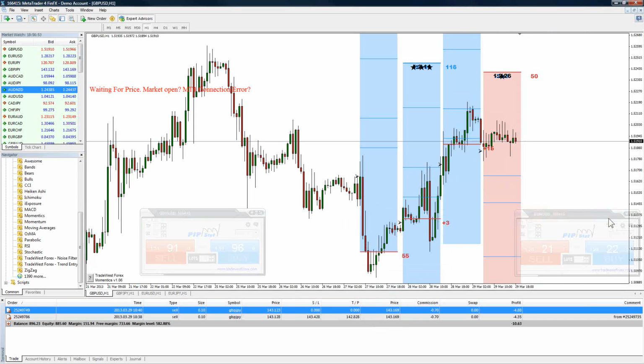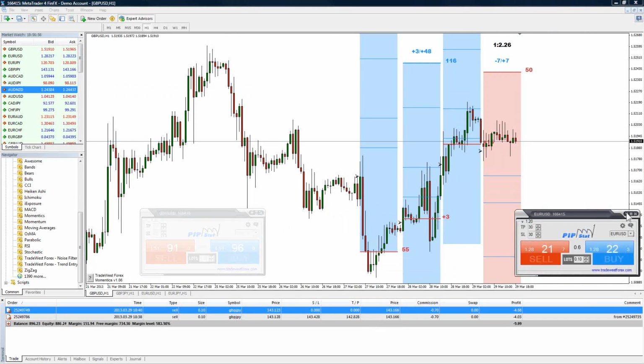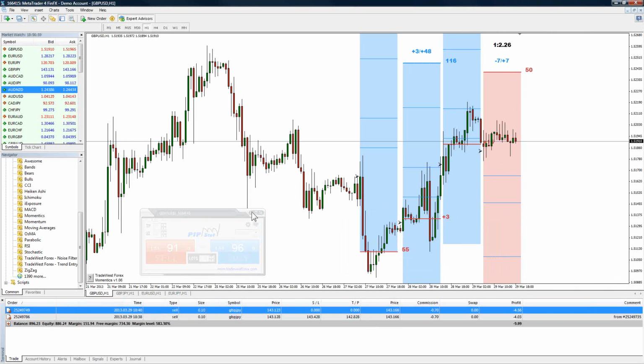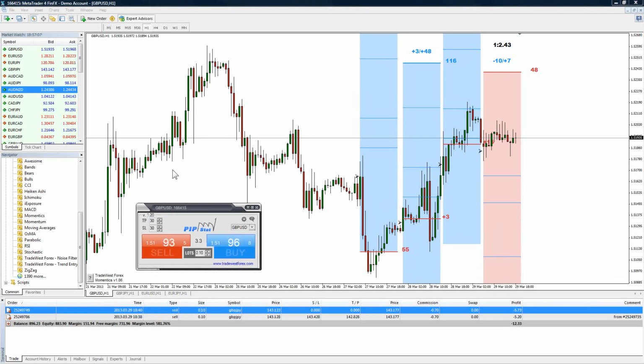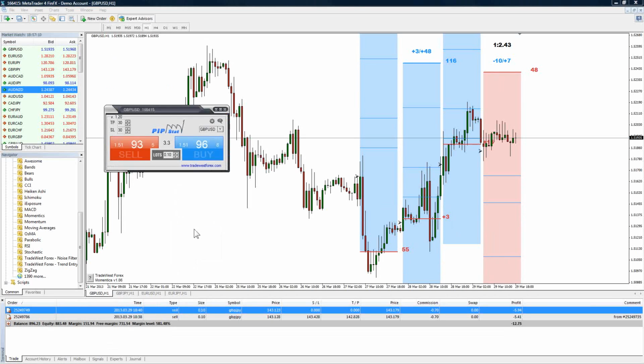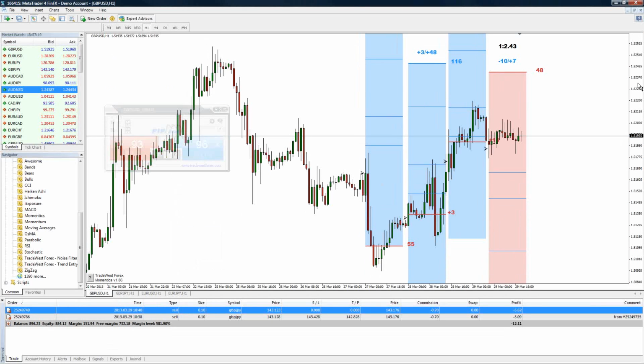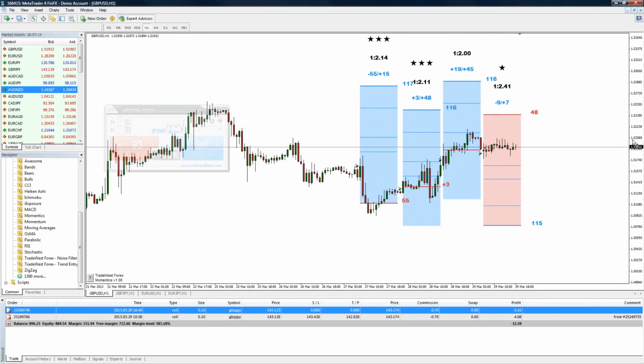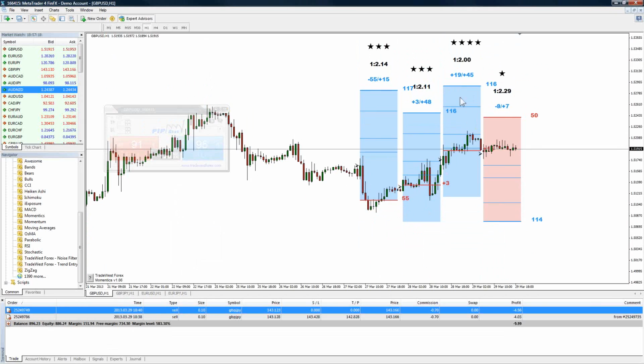I'm going to go ahead and minimize these because I don't need them. That little far left button in the top right-hand corner is just minimizing it, like any other window, just putting it down there. And of course, I'm on the pound dollar, my corresponding currency pair and symbol. So now you can see Momentix, and it's very clear. With the pound dollar, it's showing you with these blue boxes, hey, it looks like we're going to go up this direction. This red box here is basically saying, hey, it's going to go the other direction.